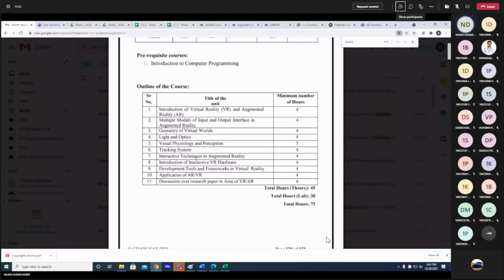Whenever any application is developed, whether a mobile application, desktop application, or web application, how much immersiveness and how much interactiveness will be there for the user? That is the concept of virtual reality and augmented reality. Because the whole real world is in 3D. Whatever we are seeing and interacting with in our real world is 3D. So VR and AR is also a concept of how we can create a virtual world that is similar to the real environment. That's it.